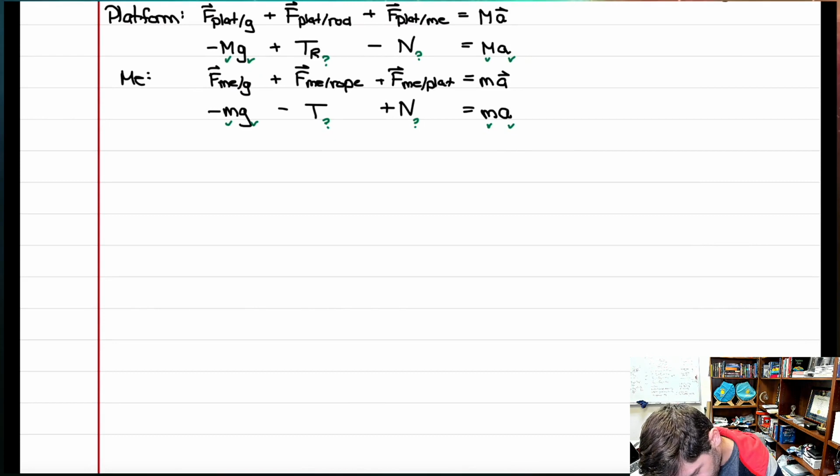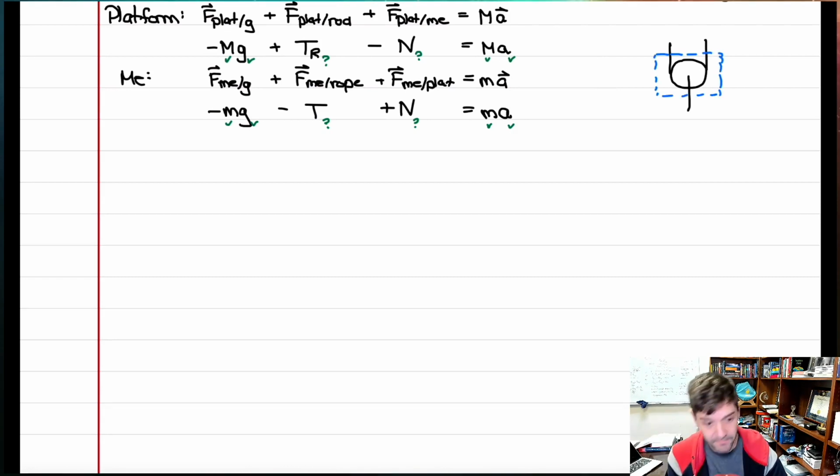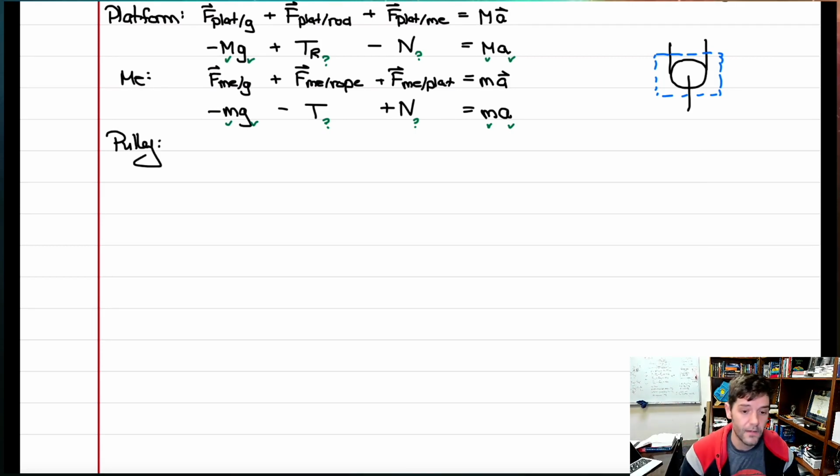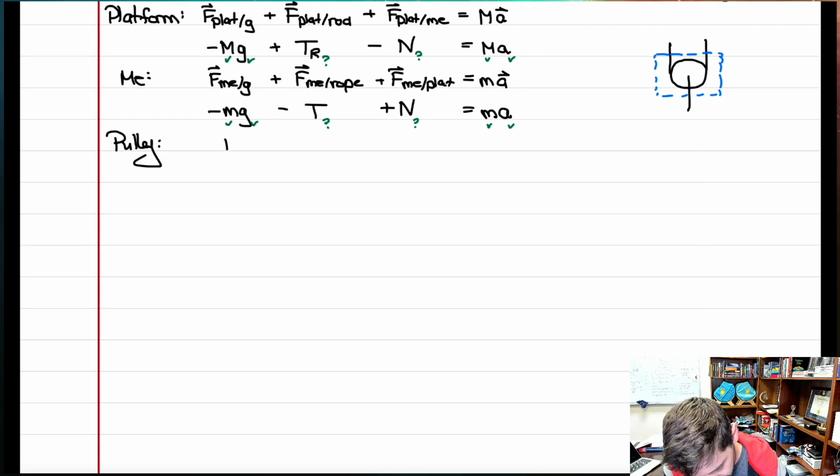So I have the pulley, then there's the rope that's coming on both sides of the pulley, and then there's the rod. And I'm having that be my system. Not rod, pulley. Well, in this case, it's massless, so we don't have to worry about gravity. But it looks like there is a force,